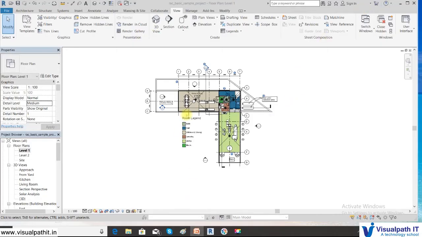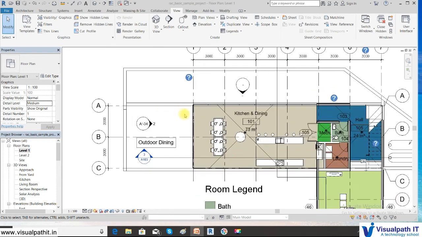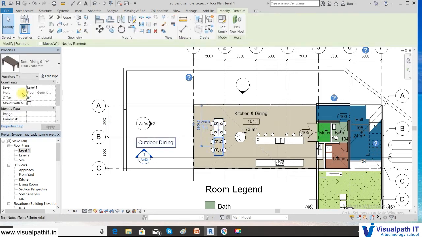So you see here in the properties palette, I have not selected any element now. So if I want to select any element, say let us select this. How to select it is, place your cursor and click on the table. Now similarly select this, you see that's a table dining and you can edit the properties of that table. So this is how your properties palette will be working out. So you can close it.